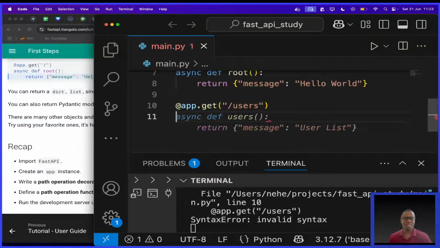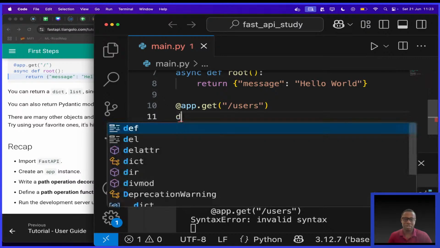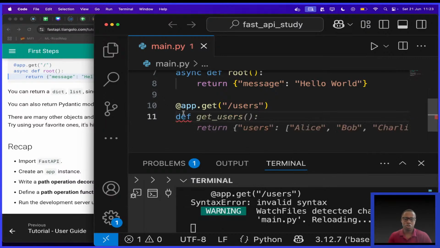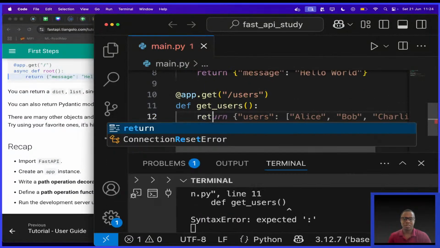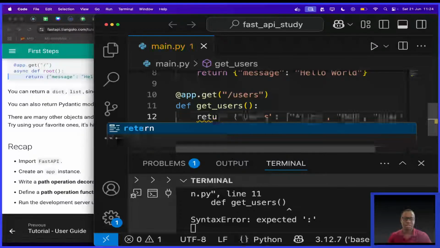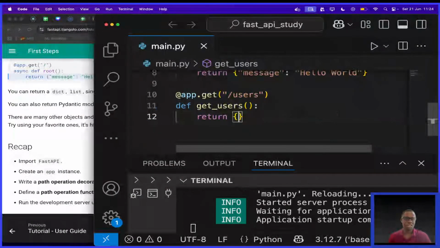Then after that, this is what they call a path operation decorator. Next, I need to create a path operation function below, which is just a Python function. They say define a function called get_users. Okay, like that. Then I can return users, which can of course be a dictionary.